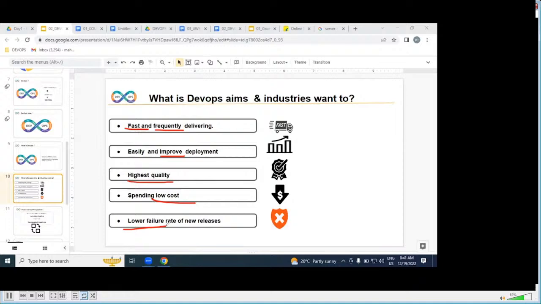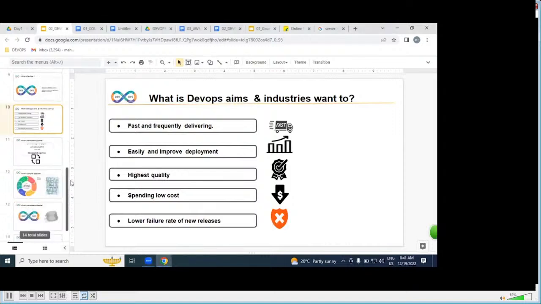Simply, speed is increased, cost is reduced, quality is increased. Quality is increased, cost is decreased, so who doesn't want this technology? That is the reason there is more demand in DevOps. Understood very clearly. If you go to any shopping mall to buy Pepe Jeans or any pant and shirt, instead of 2000 rupees, if you get it for 200 rupees, are you happy or not? Are you saving expenses or not? The same concept.